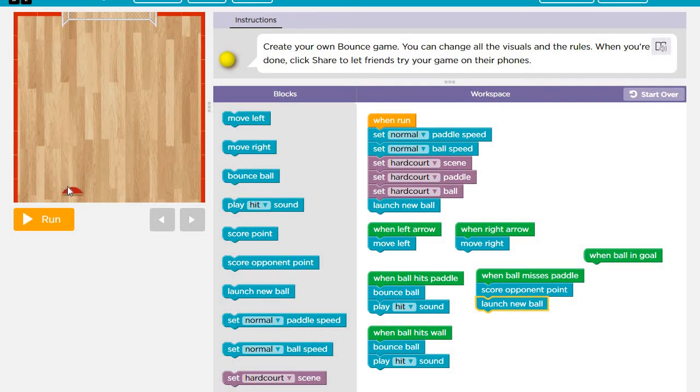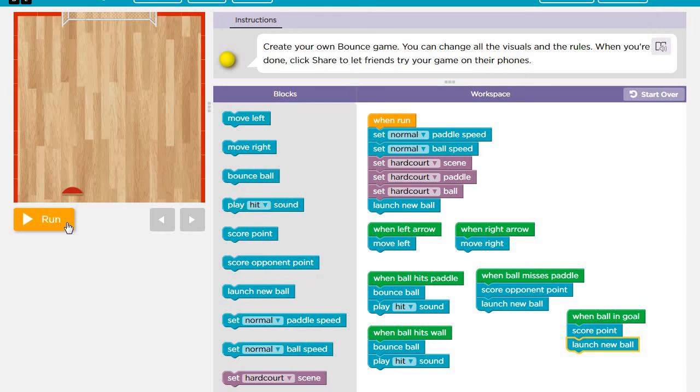The opponent can score a point if the ball does not touch this pedal and goes anywhere, so the opponent gets the point. When the ball is in goal, score our point. We have done score, so we will take a ball, as there is no wicket keeper to give us a ball.